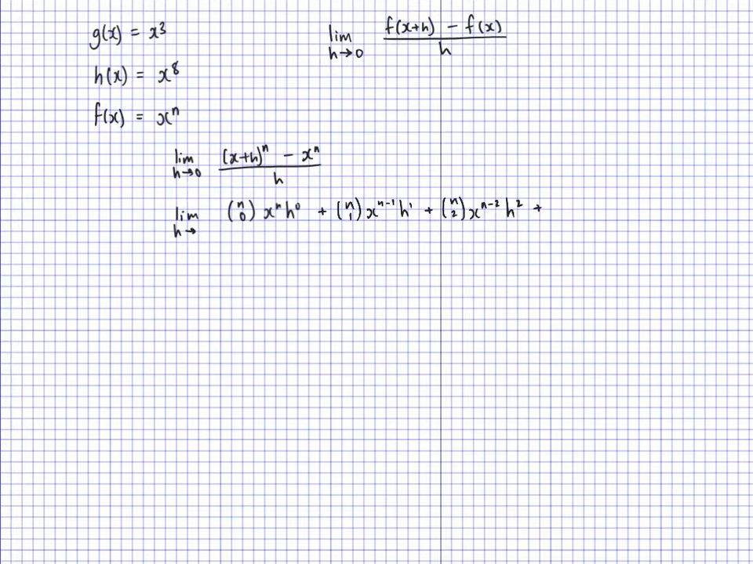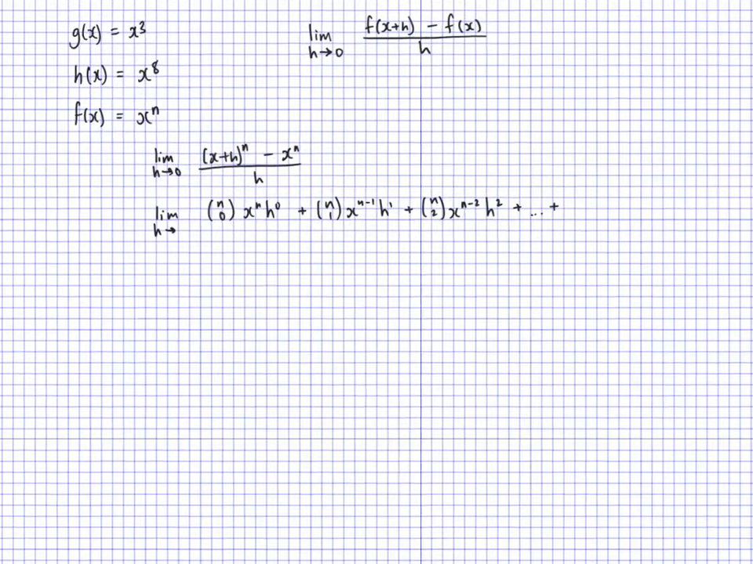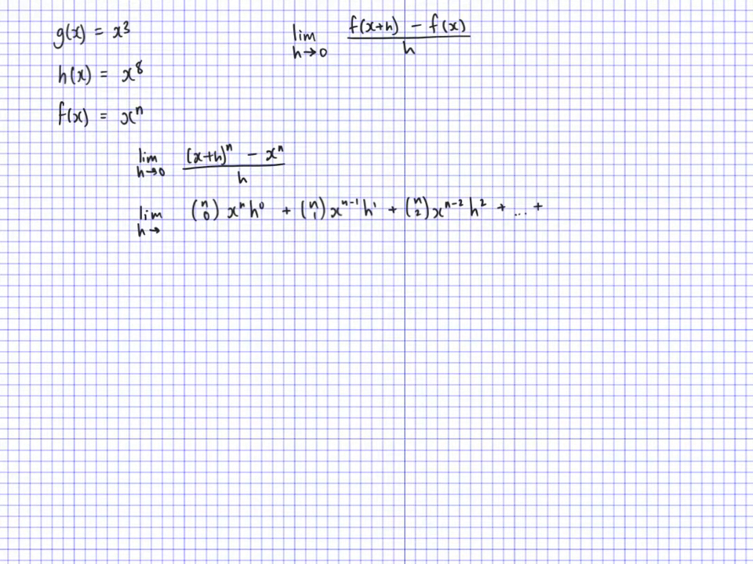And I'll finish it off now. If I have, for example, n choose n and x to the power of 0 and h to the power of n, this sort of goes from the first one to the last one, and I've skipped some in the middle. So that's the expansion of x plus h to the n. And now I need to say take away x to the n here, so I'll do this bit in blue: take away x to the power of n